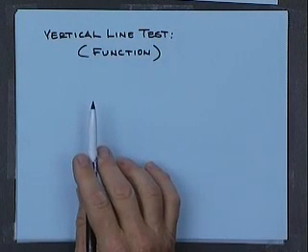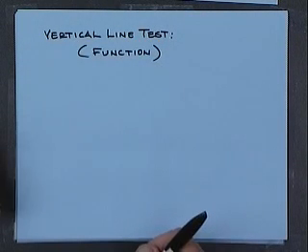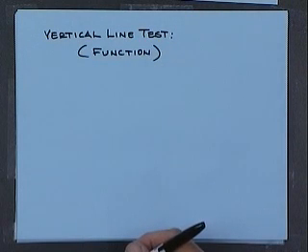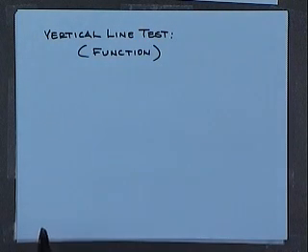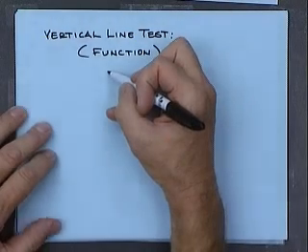Vertical line test for a function. That got mentioned because I had 2 points, 1,5 and 1,8. They were in the same vertical line. The x value 1 was assigned 2 different y values. Therefore, it wasn't assigned a unique y value. Therefore, it wasn't a function. So this vertical line test,